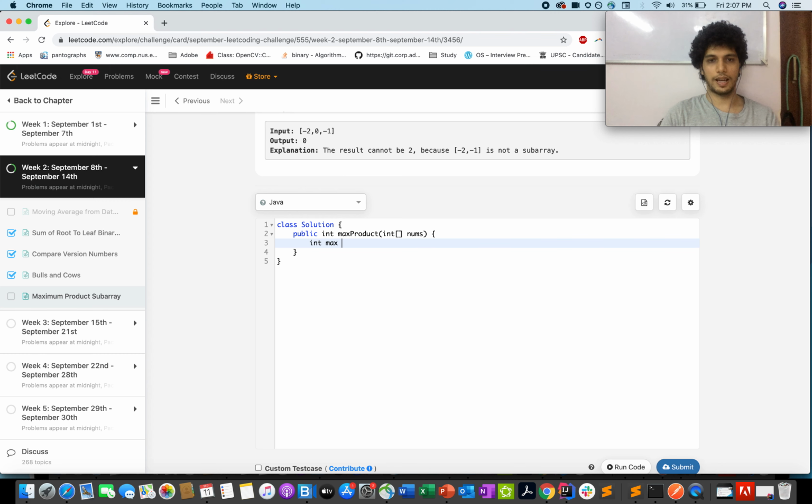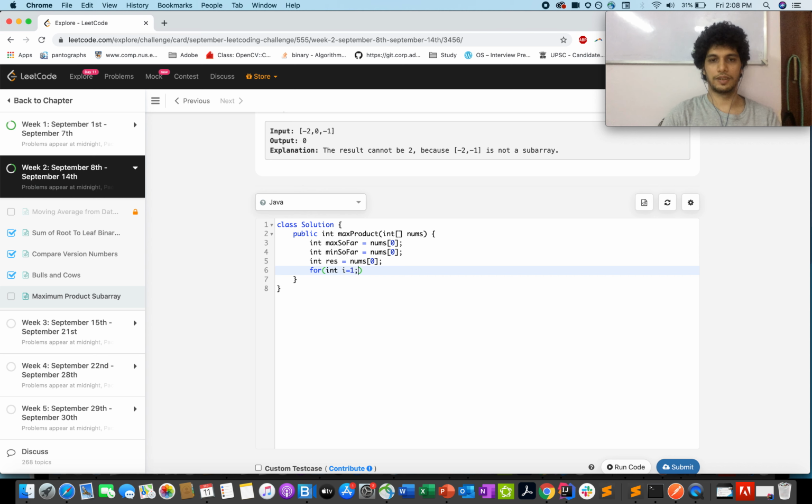Defining max so far, to keep track of the maximum value that has been visited so far, nums of 0, min so far, and integer res for storing the result, nums of 0. And let's iterate through the array.